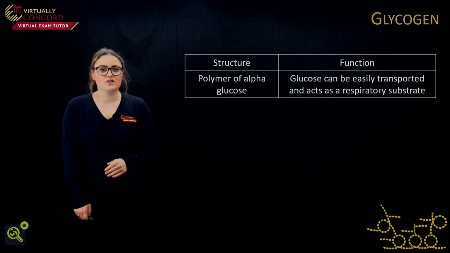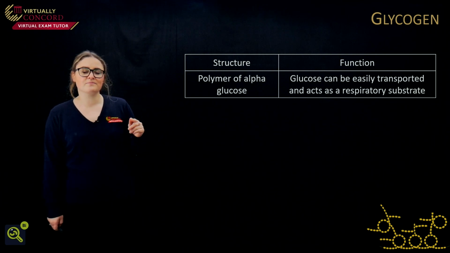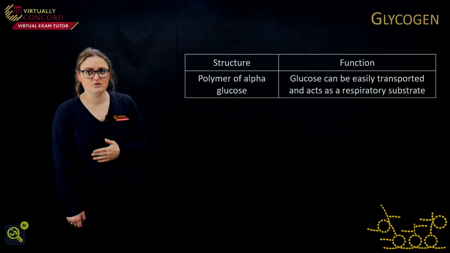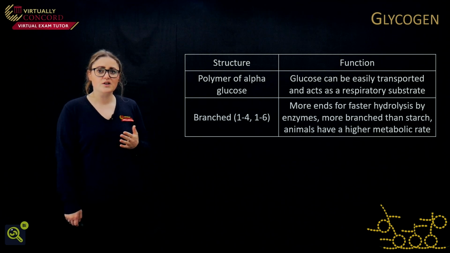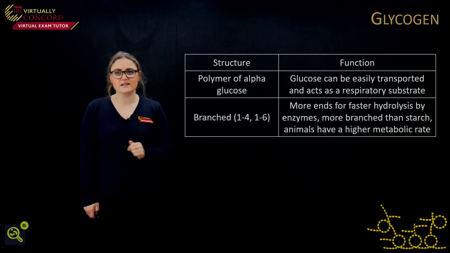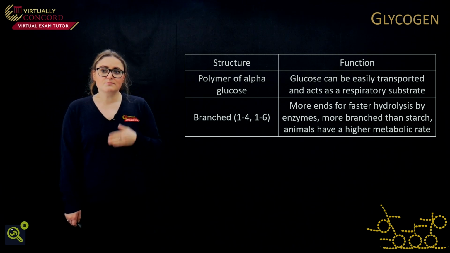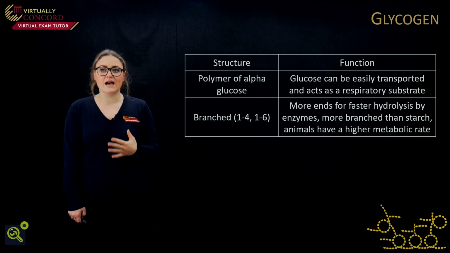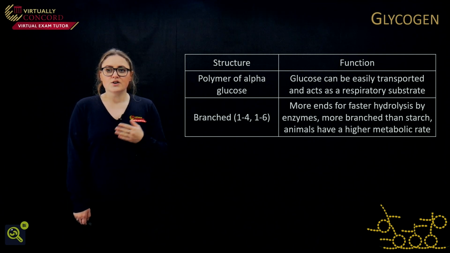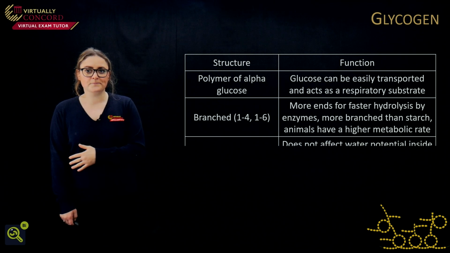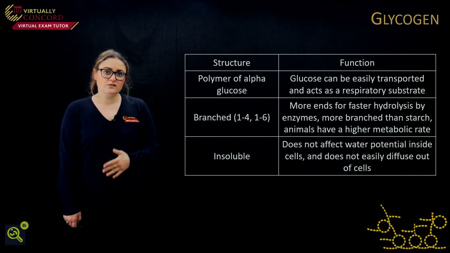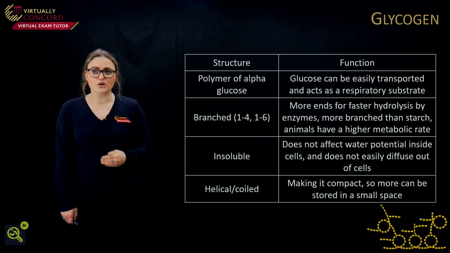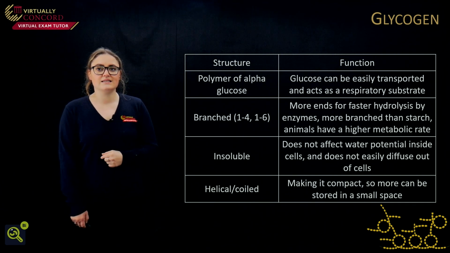So let's compare the structure and function. It's a polymer of alpha glucose, so when it's hydrolysed off, the glucose can be easily transported and still acts as a respiratory substrate. It's branched, so it still has those 1 to 4 and 1 to 6 glycosidic bonds, but in this case, it's more branched, okay? So we need faster hydrolysis by the enzymes, because usually animals have a higher metabolic rate, so they need that respiratory substrate quicker. It's insoluble still, so it still does not affect water potential inside cells and does not easily diffuse out. And it's still helical and coiled, so it's still compact